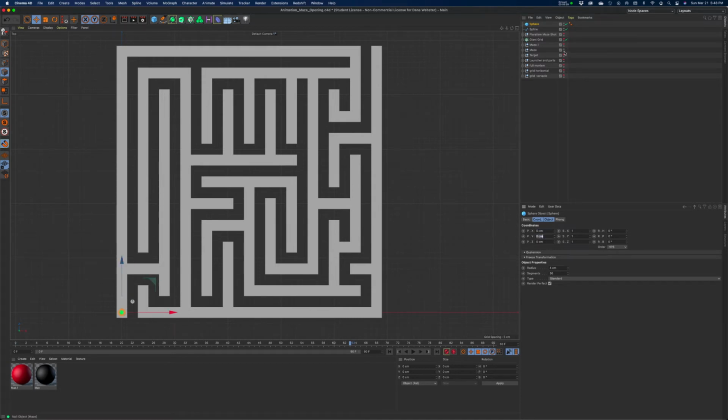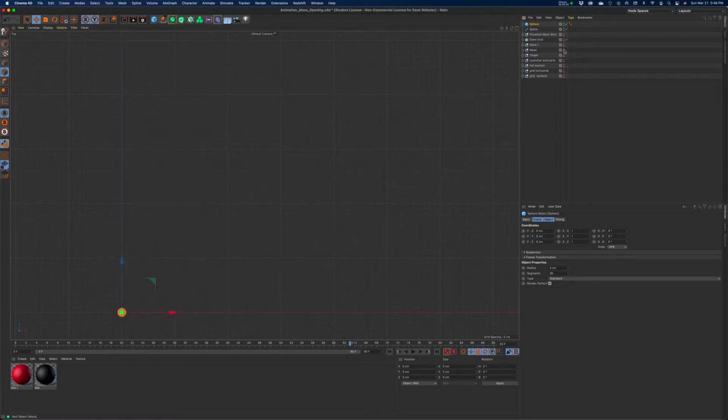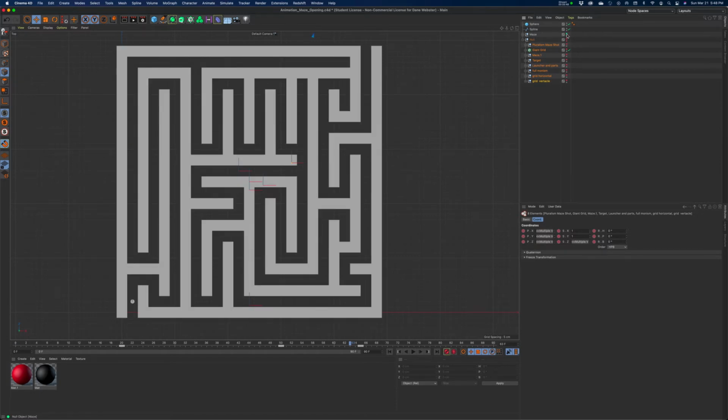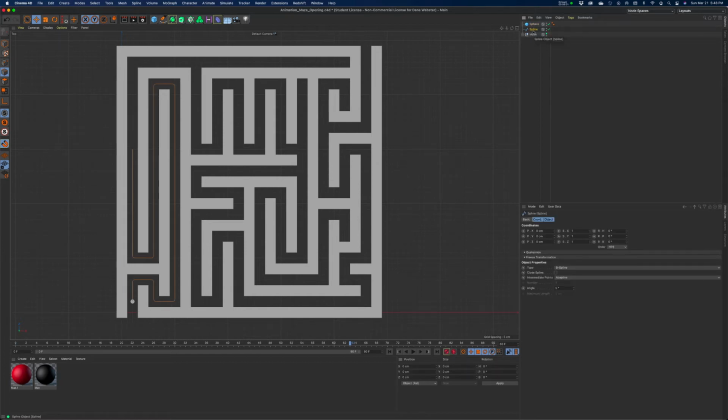In fact, if I want to, let's hide the maze for a second. And let's put this maze up here. I know there's a bunch of other things. I'm going to do a little altering here. Okay. I'm just going to hide all the other stuff that's added to the scene later that's not important for this tutorial. In fact, I could probably just delete that. All right, so I have a maze, that's all I need,